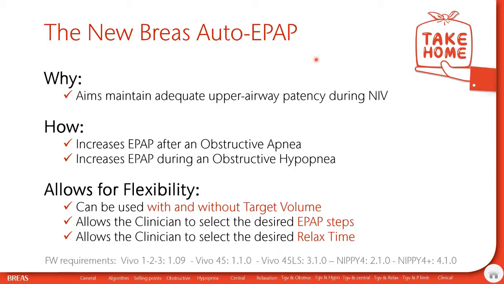So the new Breas Auto-EPAP, what is the elevator pitch? What is the take-home message? The Auto-EPAP algorithm aims to maintain adequate upper airway patency during NIV. It will increase EPAP after an obstructive apnea. It will increase EPAP during an obstructive hypopnea, and it has a couple of unique selling points, allowing for greater